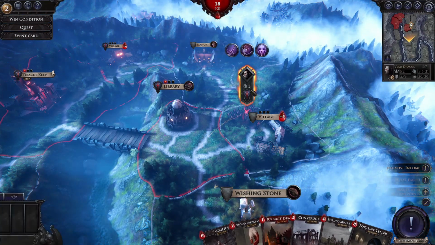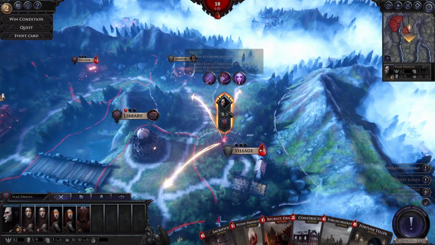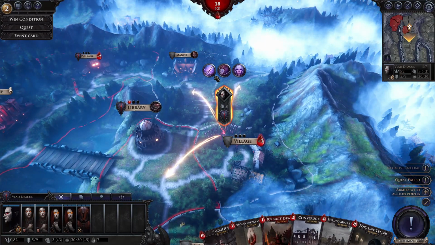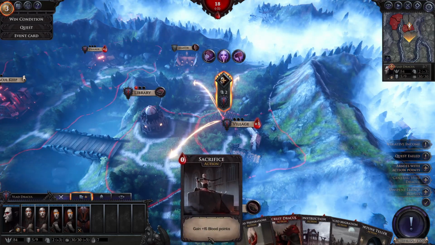Okay, so we're running out of blood here, so we'll go ahead and... Quest failed. Yeah, it's really extremely hard to get that 60 blood into 2 turns. Like, I don't understand how you're supposed to do that. So we'll capture this, and then we actually have...